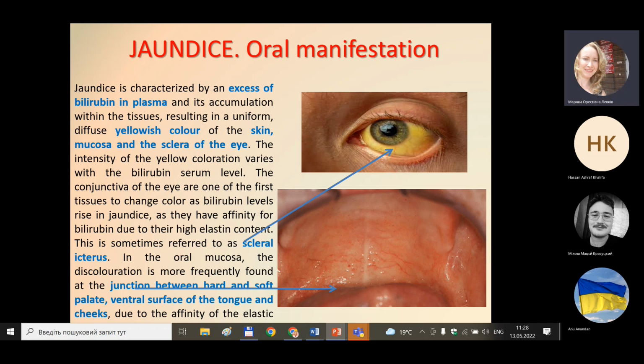The conjunctiva of the eye are one of the first tissues to change color as bilirubin levels rise in jaundice, as they have affinity for bilirubin due to their high elastin content. This is sometimes referred to as scleral icterus. In the oral mucosa, the discoloration is more frequently found at the junction between hard and soft palate, ventral surface of the tongue, and cheeks, due to the affinity of the elastic